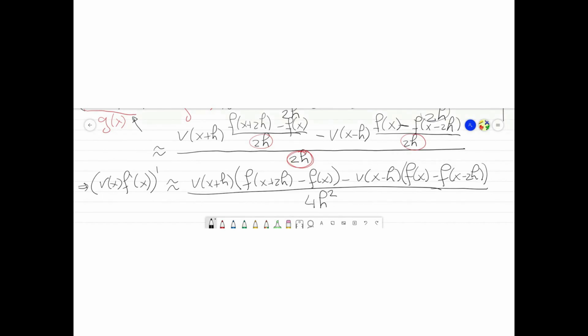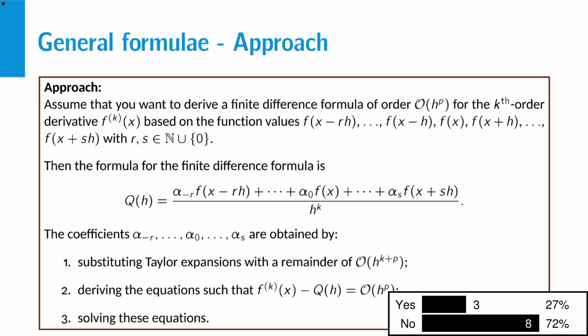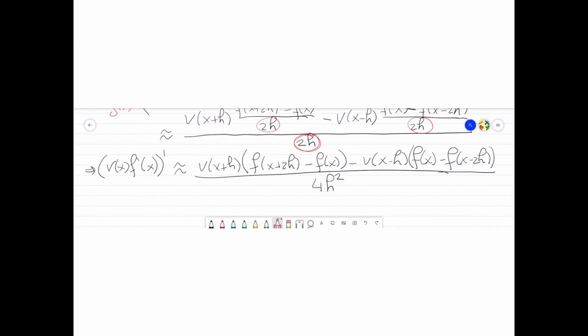Okay, so we found an approximation. Is it the approximation we wanted? Does it satisfy all criteria I set at the beginning? I'll scroll up. Does it satisfy what I want? And the result is the majority says no, and that's agreed because here it says x minus 2h, and here it says x minus 2h. Okay, anyone has a suggestion how we can solve this problem? Taylor expansion. Oh, yeah, that might be true, but then I get derivatives, and I don't like derivatives in my approximations because I want to get rid of my derivative. Basically, I want to have that x plus or minus 2h becomes x plus or minus h.